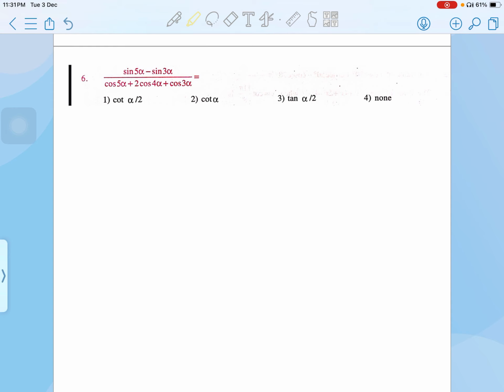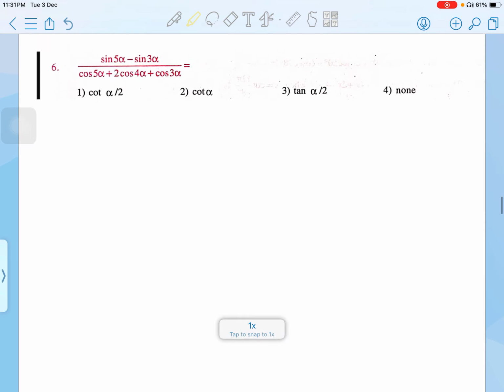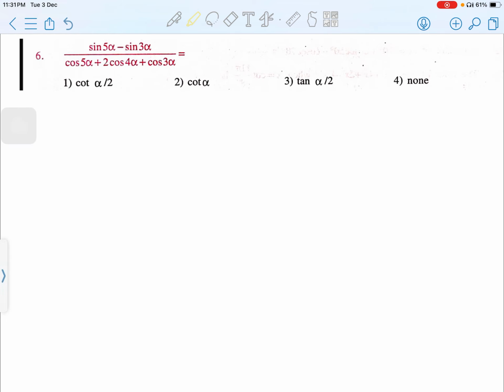Sine 5 alpha minus 3 alpha, and the denominator also has a few things, so let me rearrange. For the numerator, if I apply the formula, you will get 2 times the addition of both divided by 2. If you add both, you get 2 alpha, divided by 2 gives 2 sine alpha, by cos of the subtraction. Sorry, first one only subtraction, next one you add, and you will get cos of 4 alpha divided by